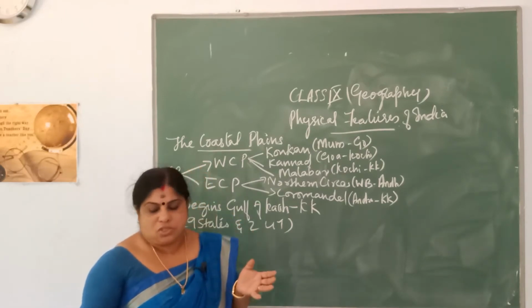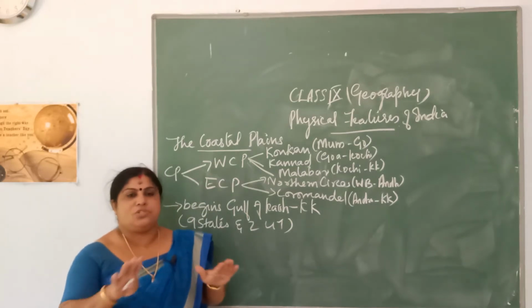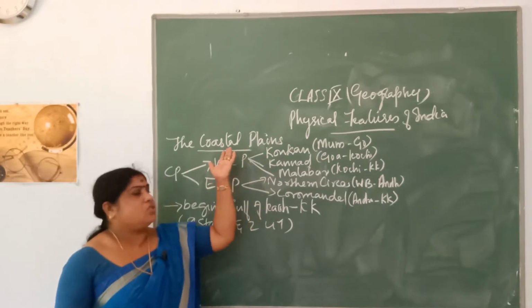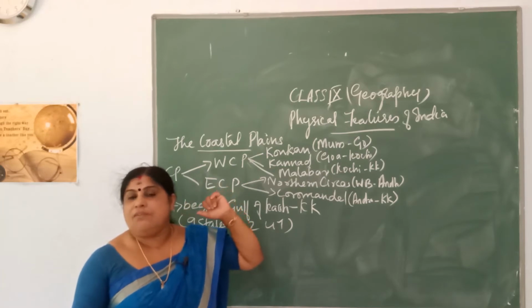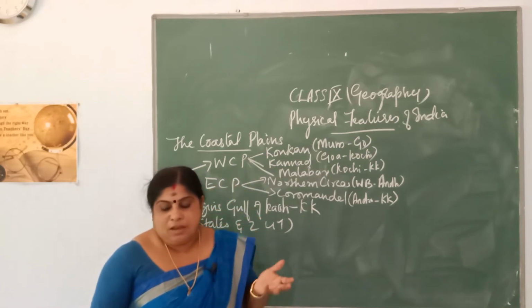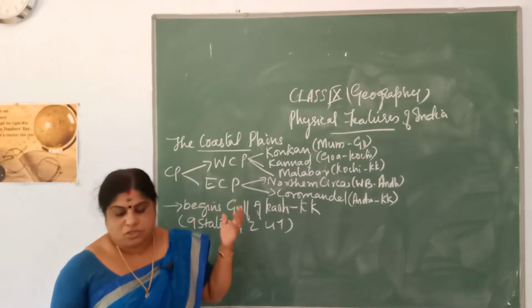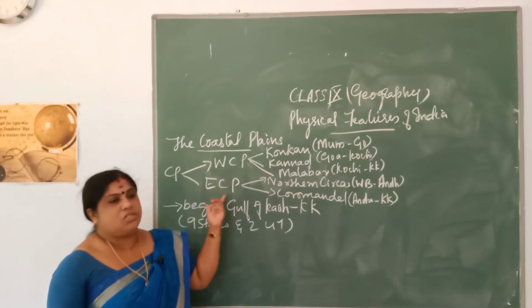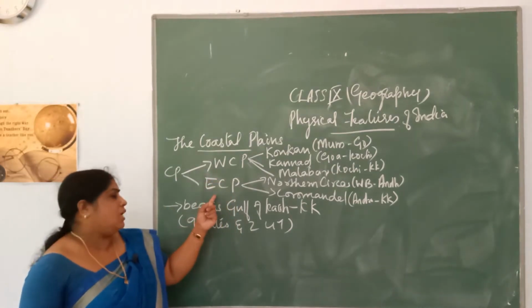You know what is a coastal area, isn't it? It's a flat area of land which is located near an ocean or a sea. Vast areas you will be seeing. You call it coastlines, coastal areas. And India is a country which is blessed with vast areas of long coastline. We have a very long coastline. So, these coastal plains are divided into two: western coastal plain and the eastern coastal plain.